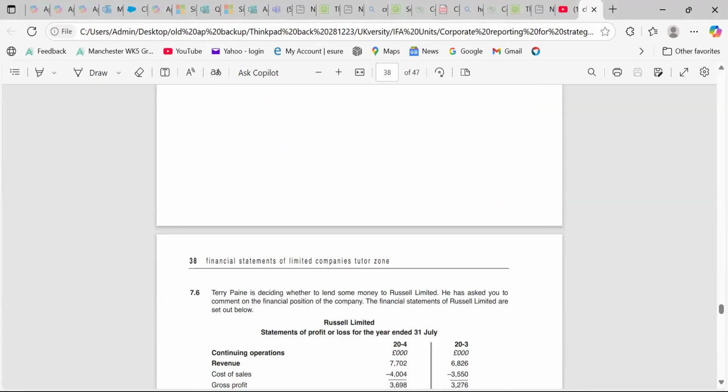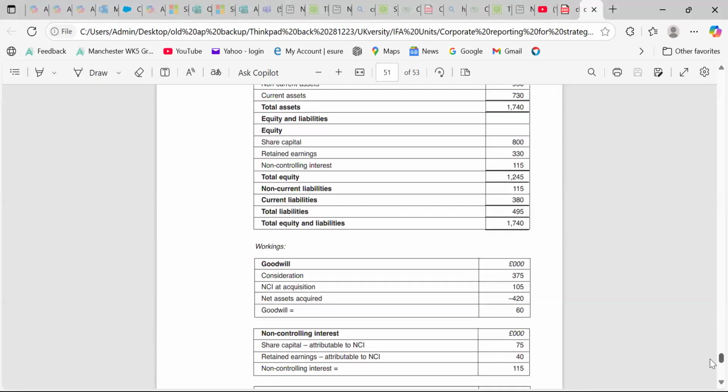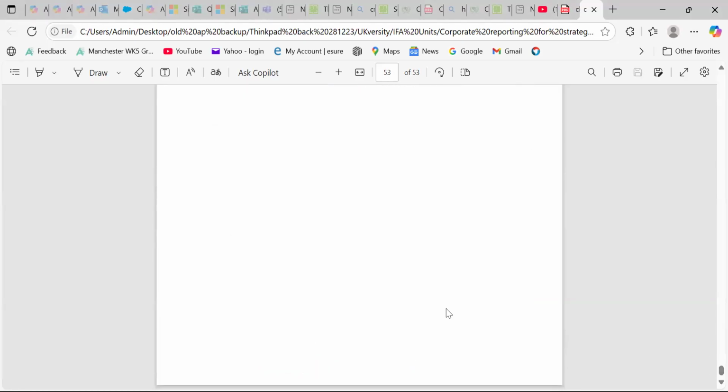And then you have the model answers for these as well, which are available in the chapter activities. Other than that, we have Kaplan, Osborne, and others. If you want F7 exam material, which is available on Open Tuition, you can download the free booklet. We already uploaded a couple on the Moodle page. Please use those as well for your learning perspective.